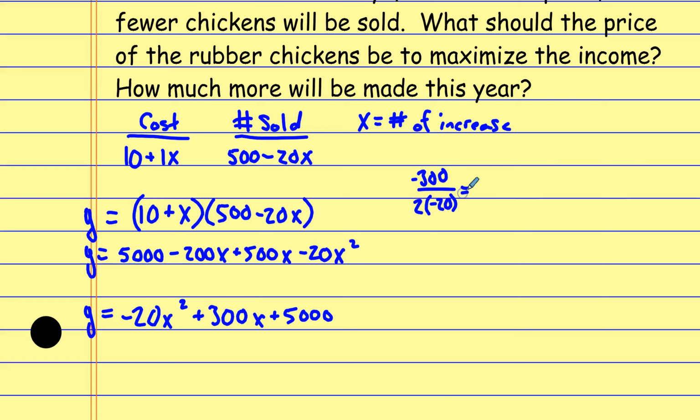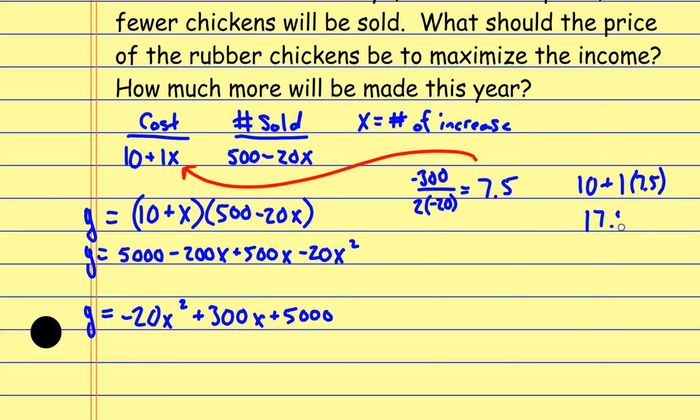So to find the vertex, I'm going to do the opposite of b over 2a. And again, that's a job for my calculator. And so when I plug that in, I get 7.5 here. So that's telling me how many increases I should make. So the question was, what should the price be to maximize the profits? And the price shouldn't be 7.5. Again, that's the number of $1 increases. You have to plug that back in up here for the cost to find out the price. And so the price of this thing, when I do the 10 plus $1 times 7.5,